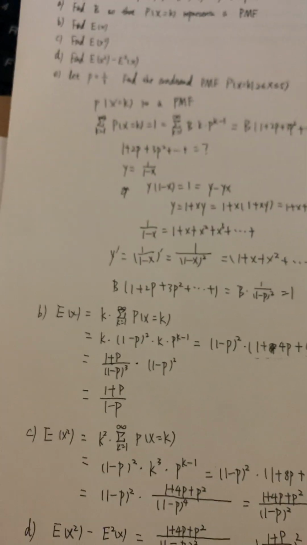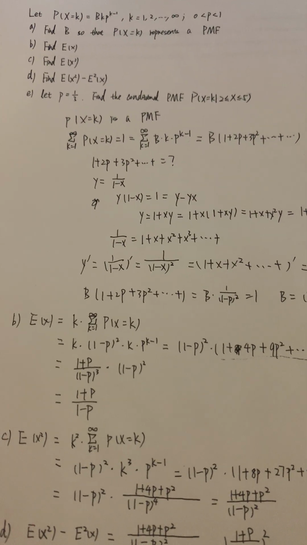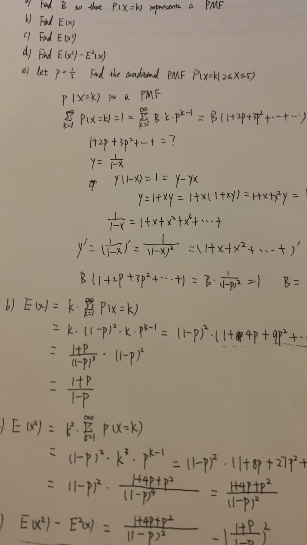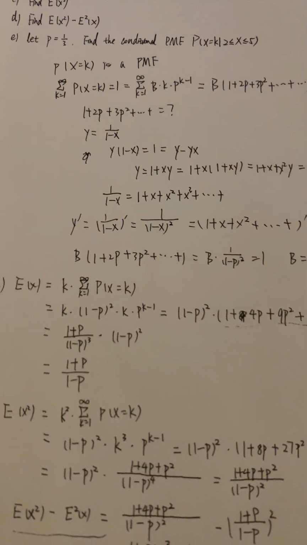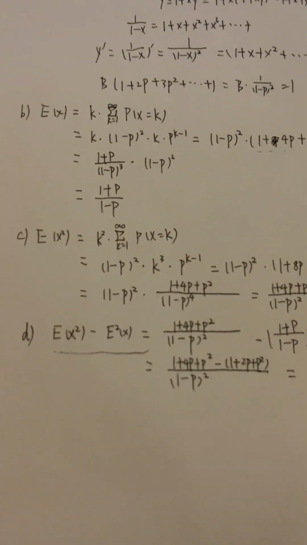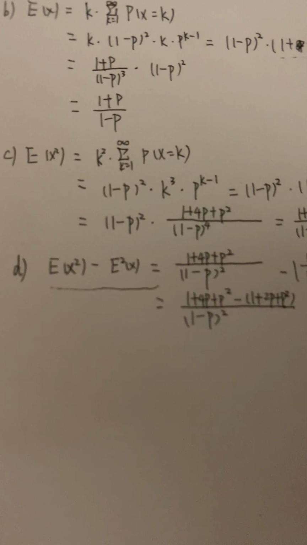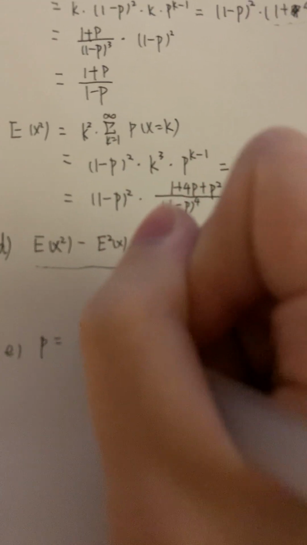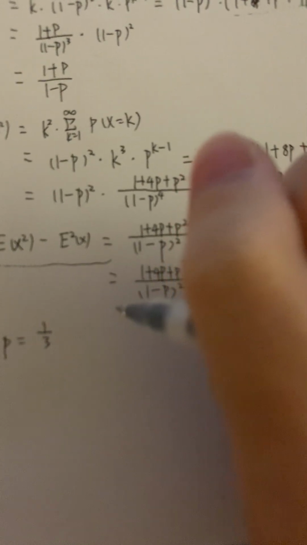When p equals 1 over 3, we want to find the conditional PMF of x, that is, the probability that x equals k given that 2 is smaller than or equal to x and x is smaller than or equal to 5. Let's see how we can solve this question. Since we know p is 1 over 3, we can find